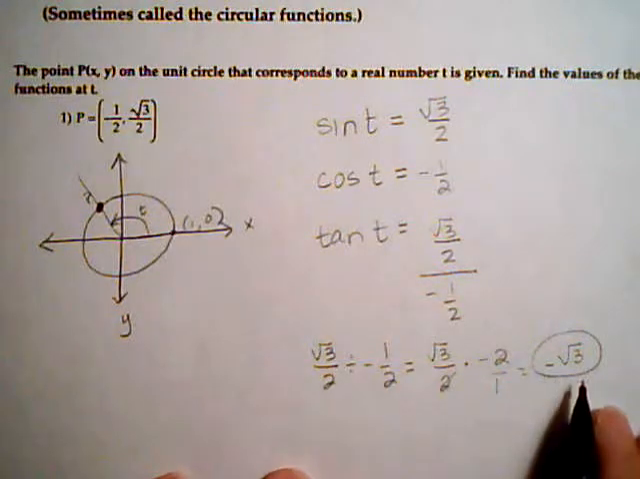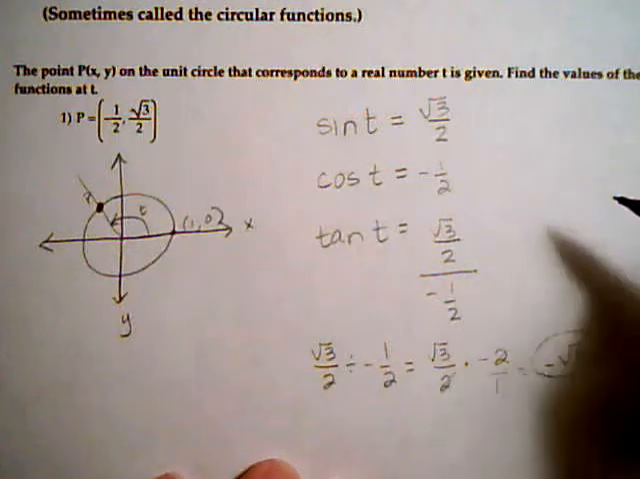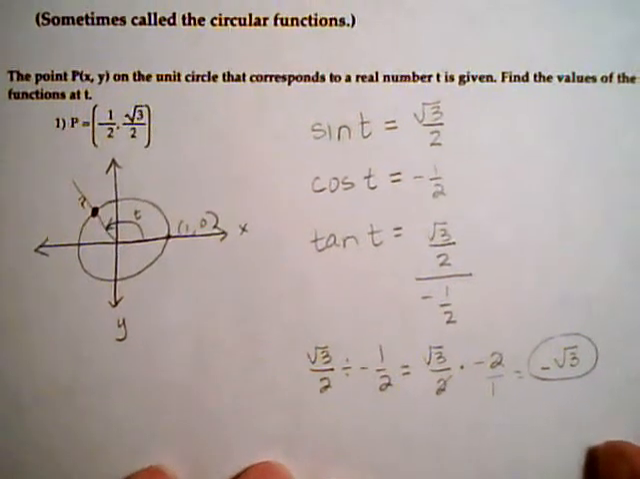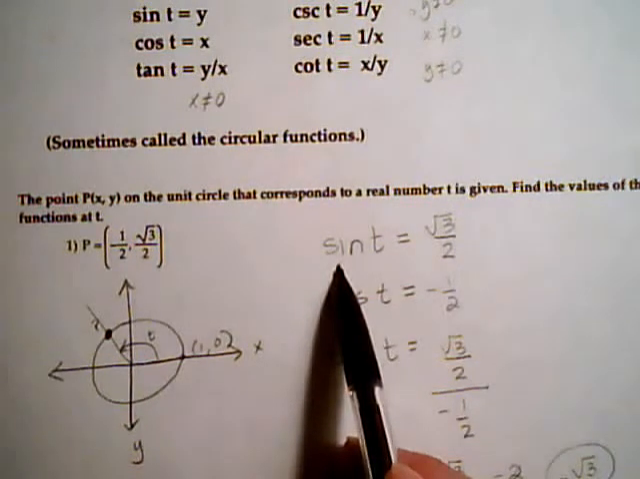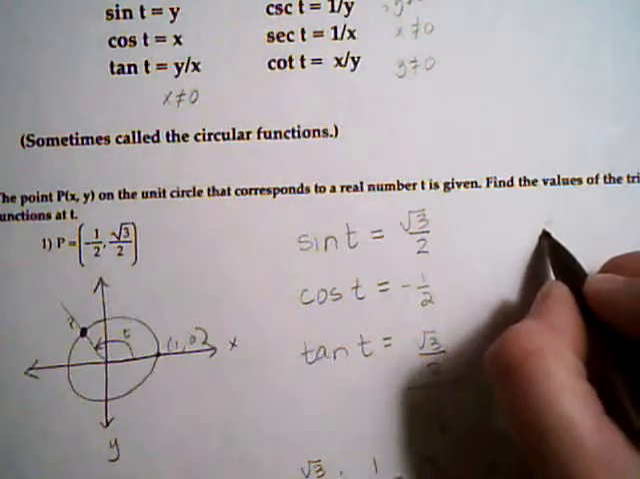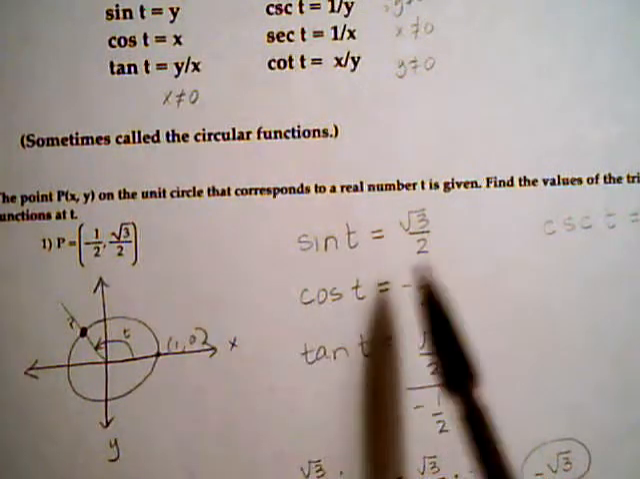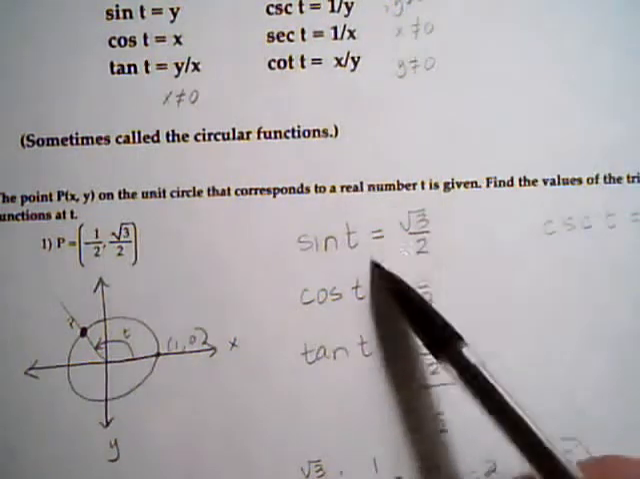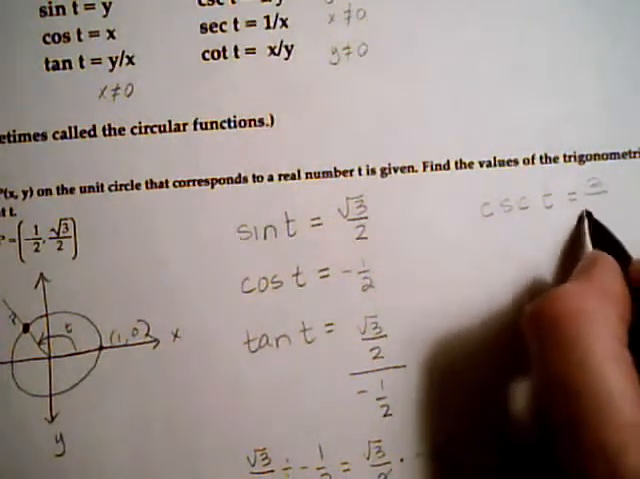Always simplify these out as far as you can. So that gives us sine, cosine, and tangent. Next we need to find the reciprocal functions. So remember we said the reciprocal of sine is cosecant. So cosecant of t would be 1 over y. Or since y is a fraction, we can just take the reciprocal of this, which would be 2 over the